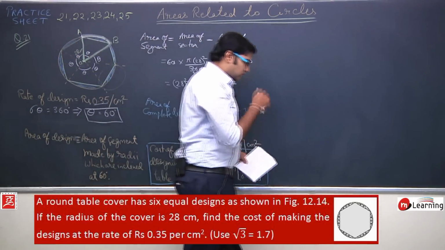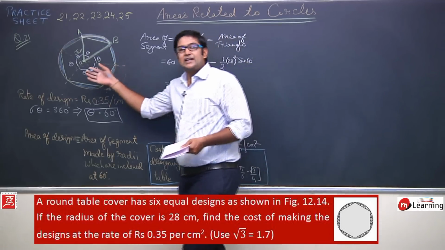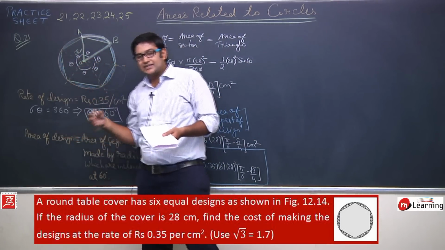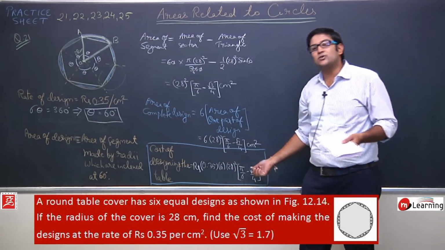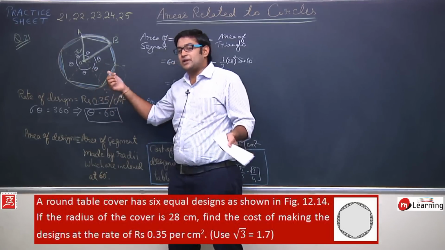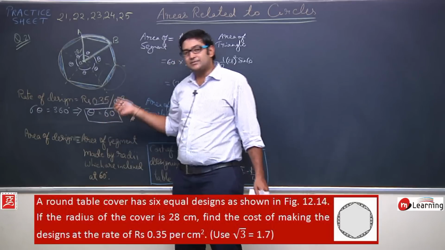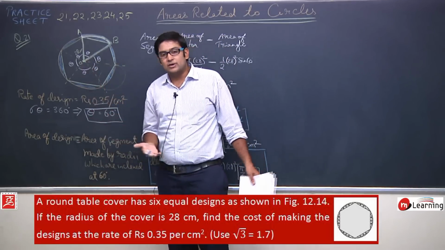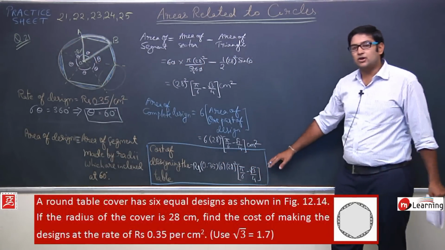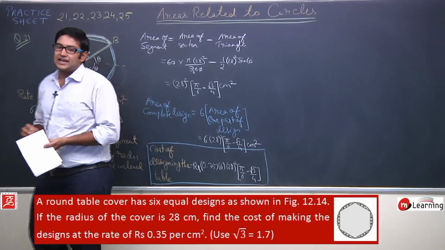Okay. So now you can solve this, it's very easy. What you can see is, this is a practical application. If I want to have a table which is designed in this way, I can very easily calculate how much money I need to pay, so that no one can cheat me. The carpenter cannot cheat me. He may tell you this is the cost per centimeter square, and he will charge you a huge amount of money for this much design only. So you need to pay only this much money, not more than this. This will help you in practical life.